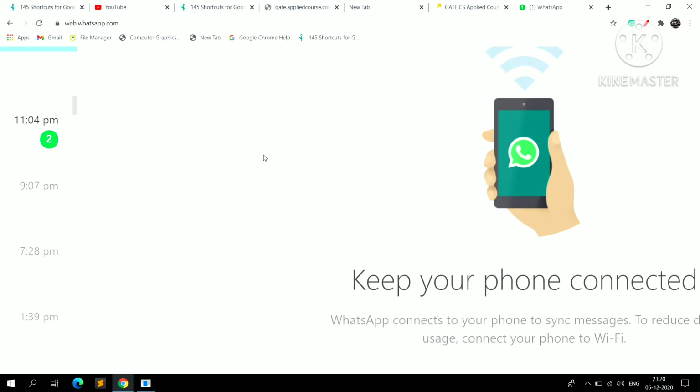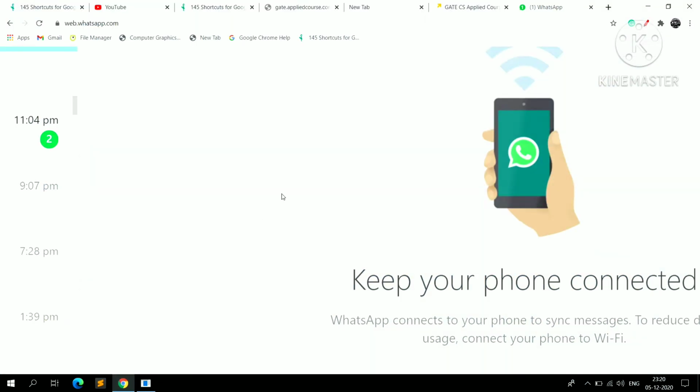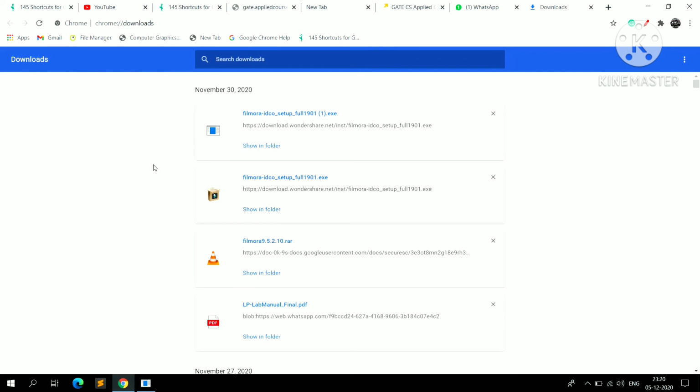If you have downloaded so many files and photos, and you want to open that file, how do you open it? You would have to go back and follow the path, but here I am showing you: just press Control plus J and you can see whatever you have downloaded. You can open it from there.